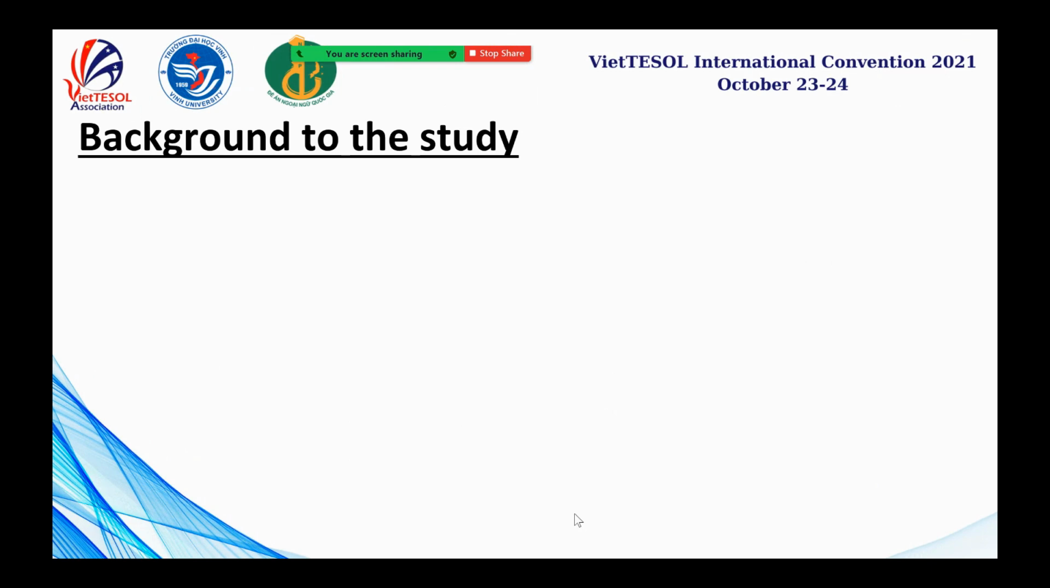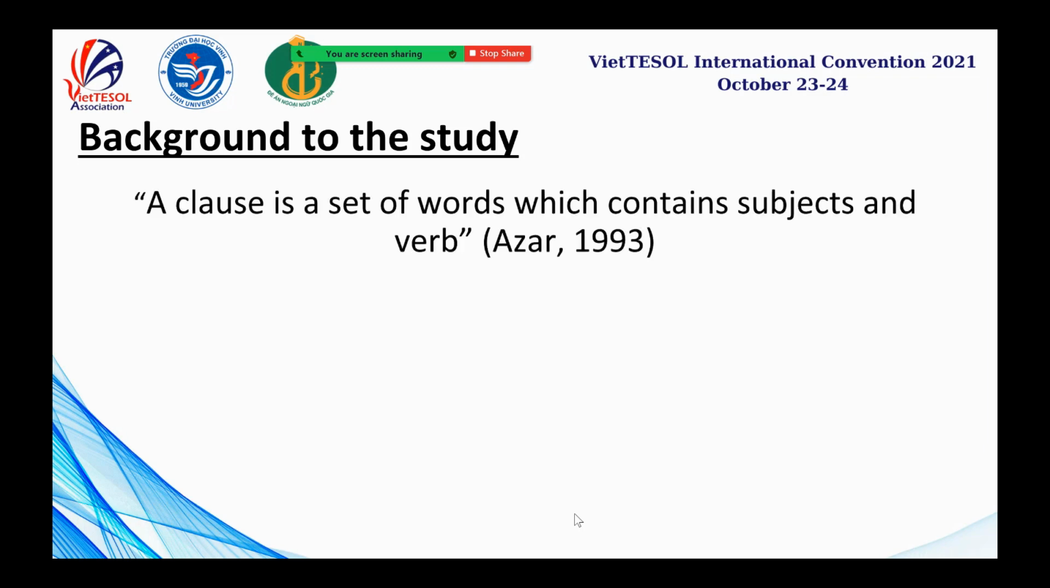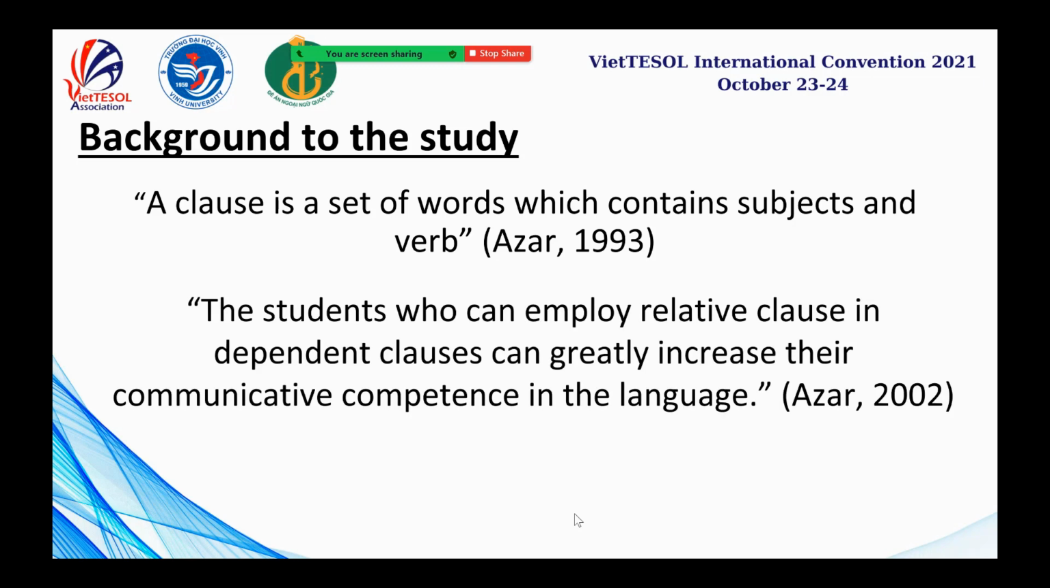Language plays an important role in the mastery of communication all over the world. People learn a language for many reasons, such as for the purpose of study, communication, or business activity. So, according to ASA 1993, a clause is a set of words which contain a subject and verb. And according to him, in his research in 2002, the relative clause